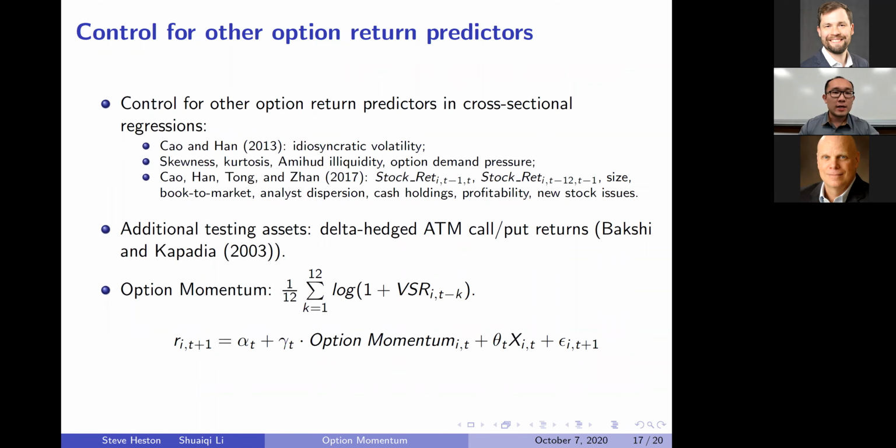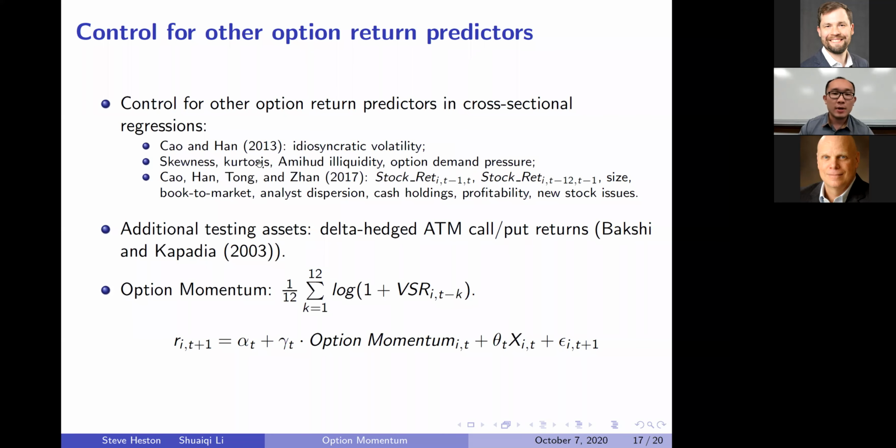All right. Then next, we try to control for other firm characteristics that have been shown to predict option returns. We include them in a cross-sectional regression. Those control variables include the idiosyncratic volatility, which has been shown to negatively predict cross-sectional option return. And we also include higher order moments of the stock return, like the skewness and kurtosis,